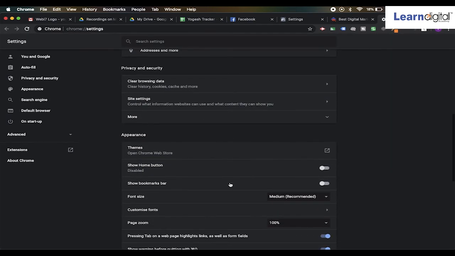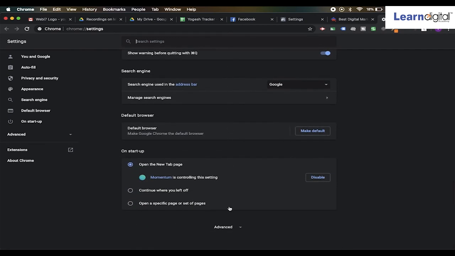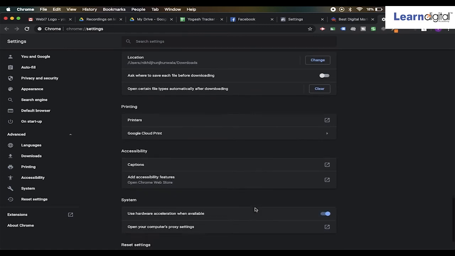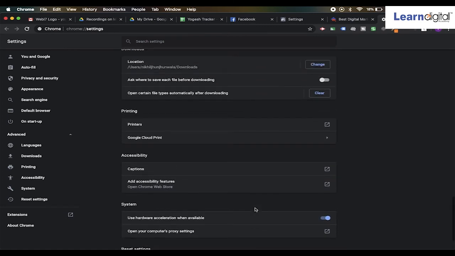You gotta go into the menu and settings of the Chrome. When you go over here, you'll go to advanced settings.